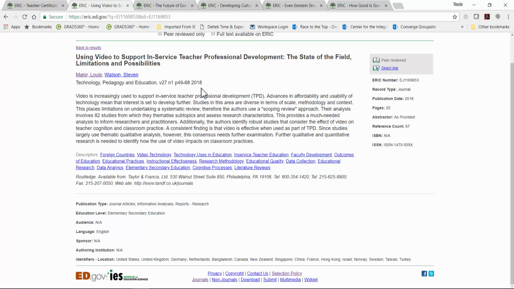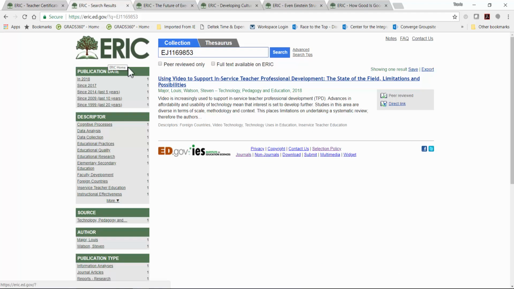Now, across from this field is the publication date field. This is the date that's shown on the document, the article, or the publisher's website. This field will always show a year. It may or may not show a month or any other information. This is also the date that will appear in your search results. If there were many items listed here, you can check out what the date is from that field.